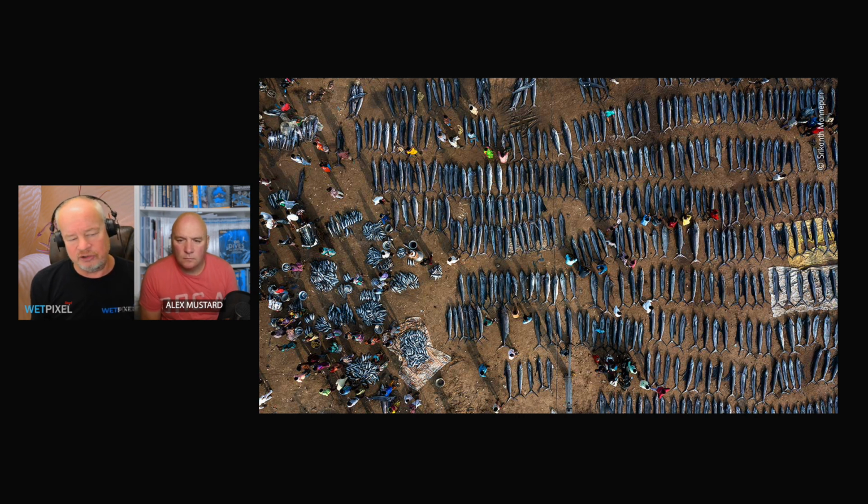And I guess even people that spend a lot of time in the oceans probably don't see them. I have seen a marlin, but again, they're infrequent encounters. They're often at great distance, and to see them on this sort of scale, dead on a beach, is, to me, particularly shocking. Also, this is just one place, and the title of the image is just one day's catch. It says a lot,